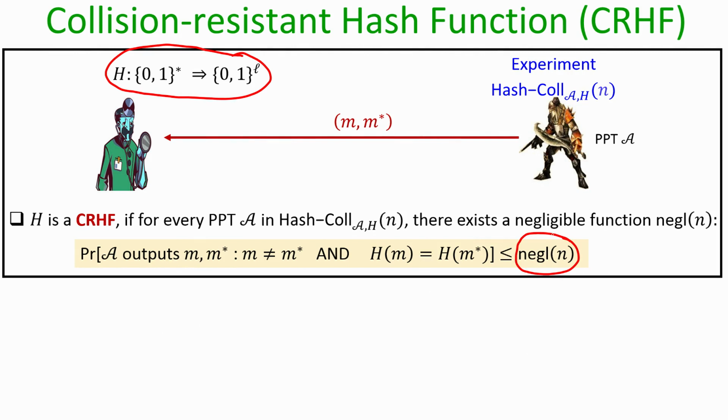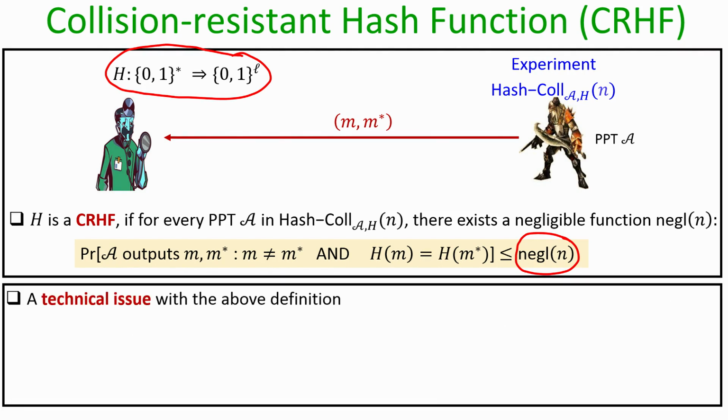So, the goal of the adversary here is to take the description of the hash function and come up with a pair of colliding inputs. If it is able to do that with non-negligible probability, then we say that the function h is not a collision resistant hash function, otherwise we say that h is a collision resistant hash function. Notice that the function h is not a keyed function, it is an unkeyed function, and h is a deterministic function, there is no internal randomness inside it. So, even though h is deterministic and there is no key, the challenge for the adversary is to come up with a pair of colliding inputs.